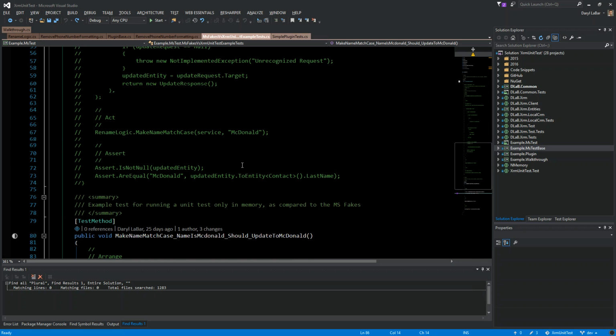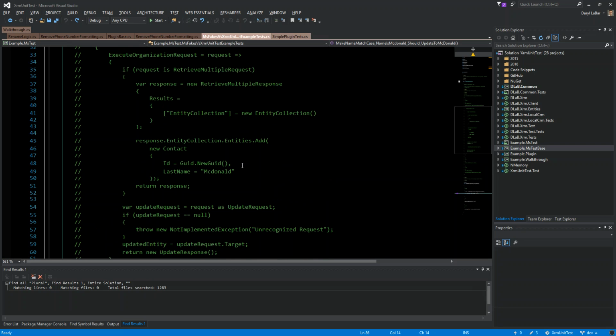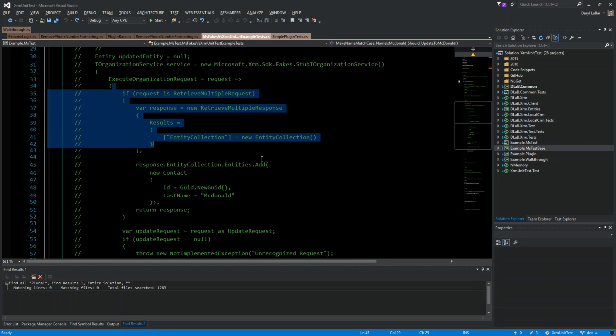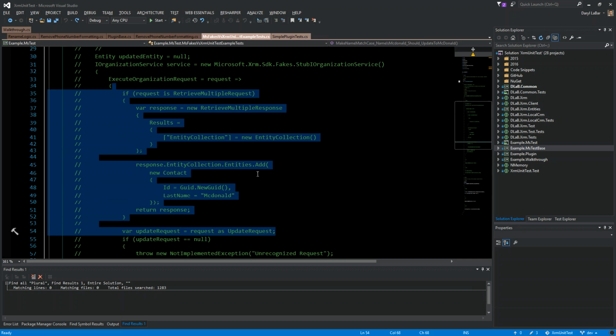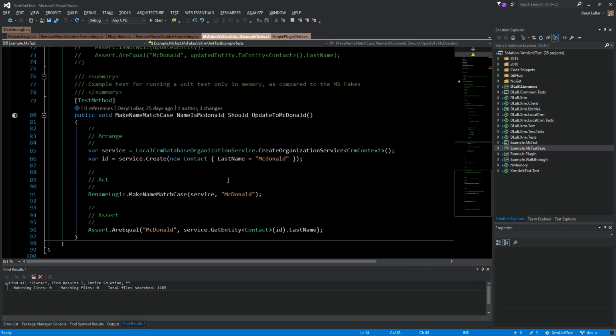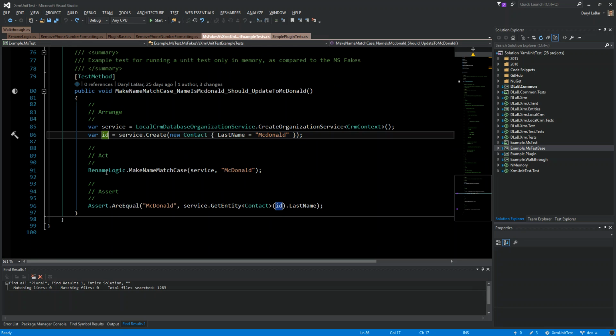If you have lots of people in your team and lots of newer developers that aren't used to doing unit tests, this type of code is very difficult for them to understand. This type of code is what they're already doing in CRM, and so it's much easier to understand what's going on. I've got a service, I'm creating it, I'm getting back an ID,